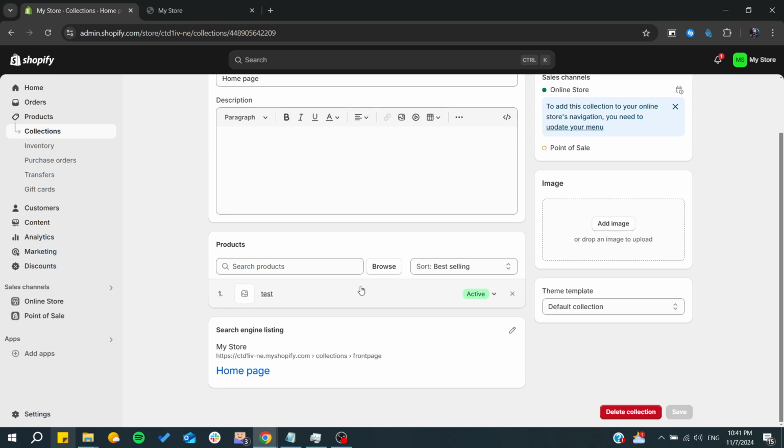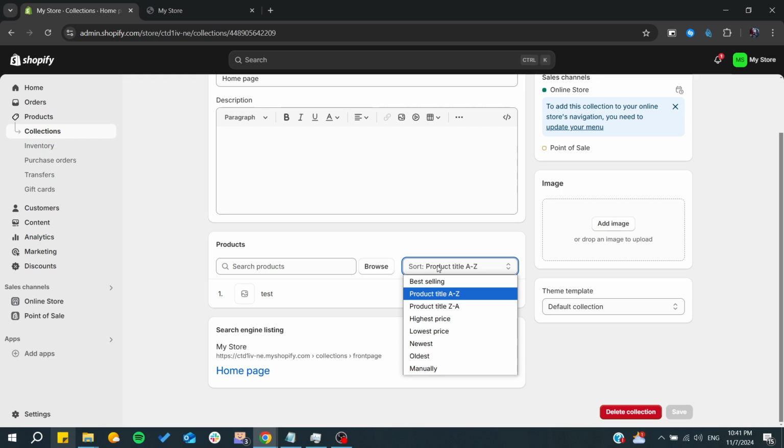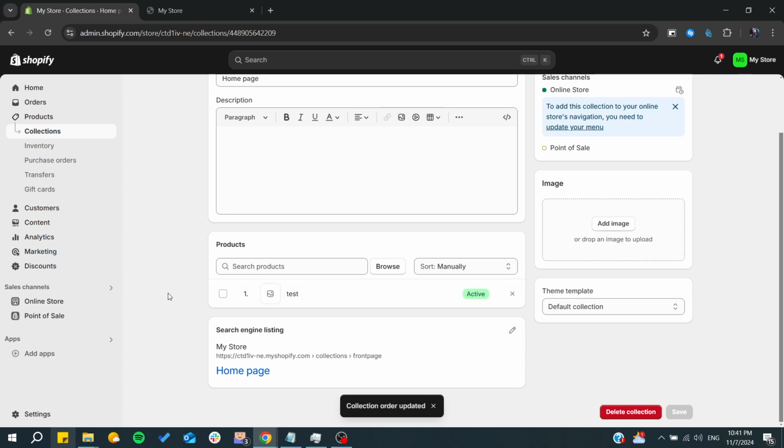So as you can see here, they are arranged by best selling. You can add any type of sorting, so either by name. Basically, since this is the only product, it will be first. Otherwise, it's not the simplest, but what will give you more control is